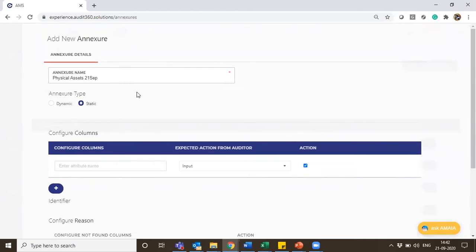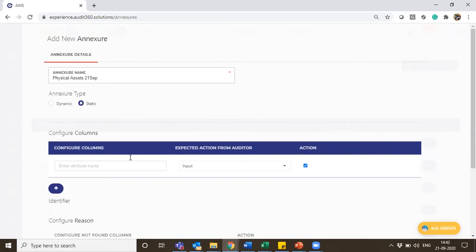All this would have a period for which you would be verifying. Only those samples have to be picked, and every time we schedule the audit, the samples keep changing. So in those cases, we always choose dynamic. Dynamic means that the sample is not static, and there is a chance that it keeps changing. So I need to give a particular review period for it to be added. Now I have created a physical asset, which according to our use case is static.